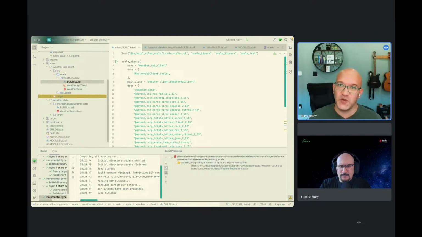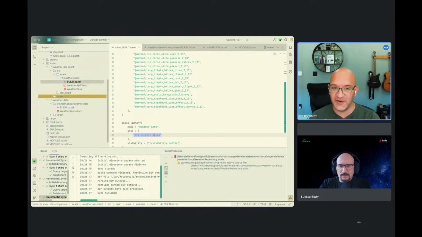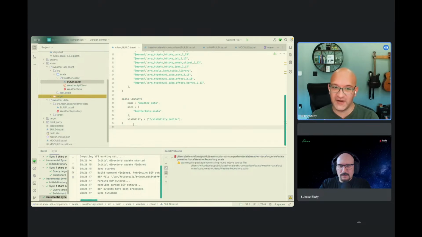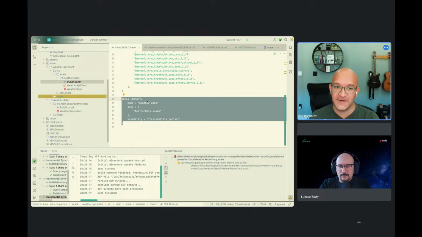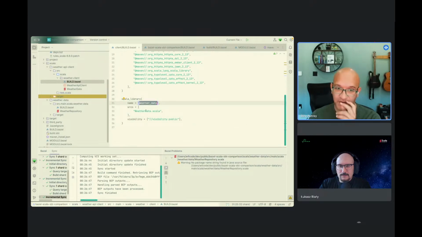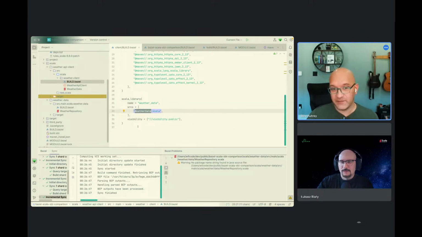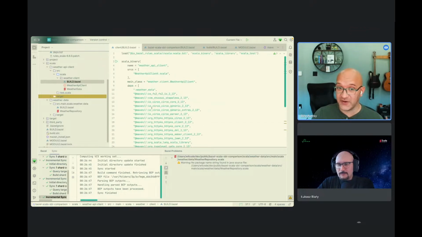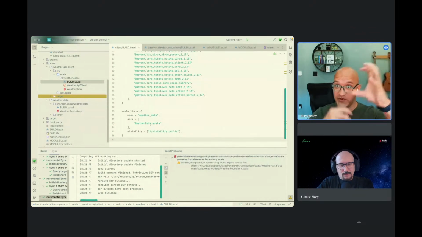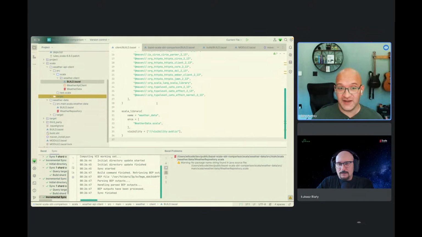I mentioned this earlier, but if I were designing this from scratch, I would have the data file in a separate package, and it would have its own BUILD.bazel file. But instead of doing that, the shortcut I took here was just to have it in the same package, and I just declared a separate library for the weather data. So Bazel will know that these are different targets, and it can build a build graph based on that, so that I get more building blocks essentially to be able to Scala compile much more granularly. Okay. Yeah.